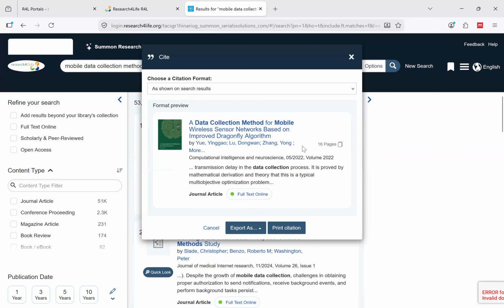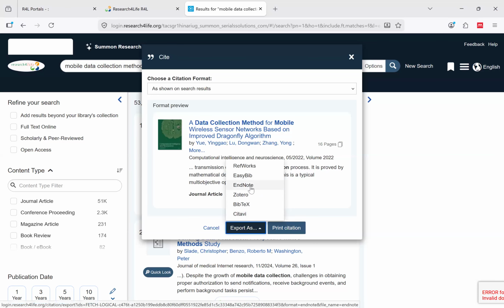But I want to warn you that when you cite from here, when I click on cite, then I go on export as. So in case you're using EndNote, you click on EndNote. In case you're using Zotero, you click on Zotero. But when you export this citation, make sure you clear the URL, because it is going to pick a very long URL from Research for Life and make your references not smart.